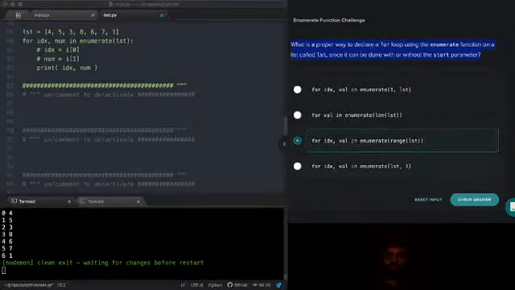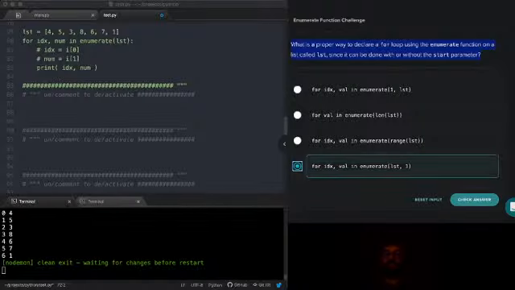function. And then, by omission, since I know that these three are wrong, obviously I know this one's right, but let's just look at it. For the index and the value in the enumerate list, which is our first argument, and 1, and this is in the proper order because the first argument to enumerate has to be a collection to enumerate, and the second is where to start that collection, so it's got to be that one. Cool.